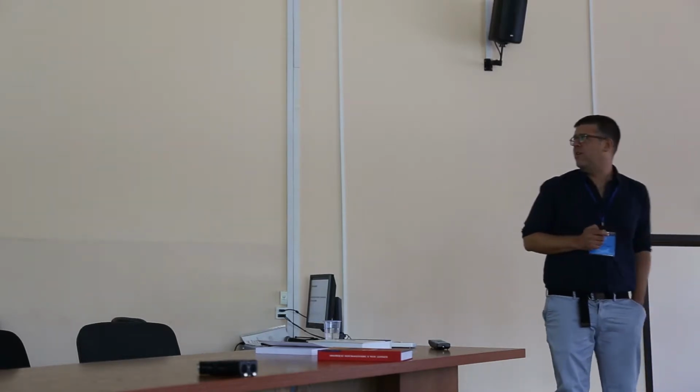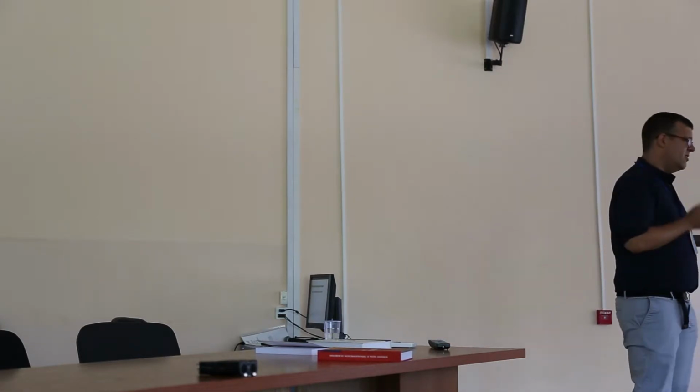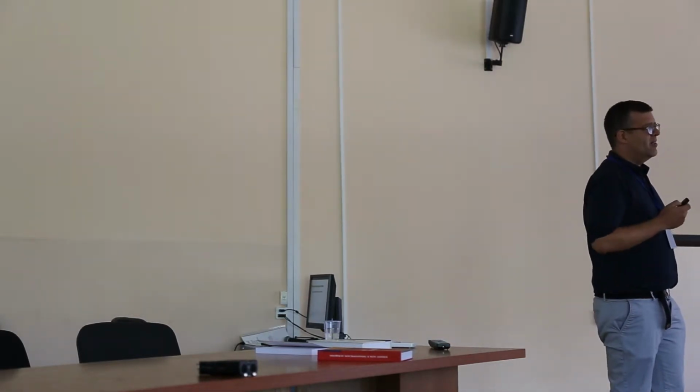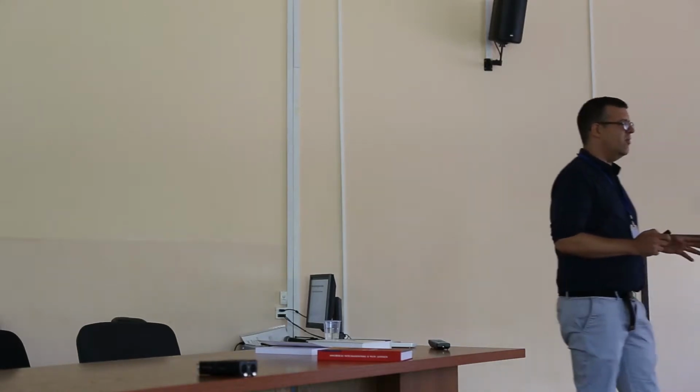Okay, so moving on. As I said, we have to care about language contact as a fundamental concern in typology, and there's really no way of getting around it, because typology is about looking for generalizations within cross-linguistic diversity. And we want to know about the sources for this. Now, I'm thinking about a conversation that I had with Masha Politsky this morning, because typically linguists have organized themselves on theoretical fault lines. So formal linguists like UG-type explanations, functionalists like processing ones. I want you to get this out of your mind. I don't know what you've been taught in your home universities, but this is not where linguistics is in the 21st century.